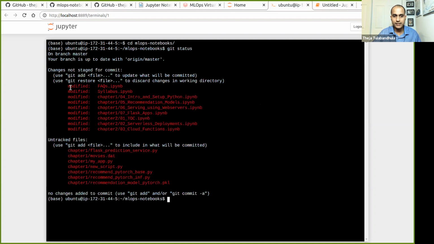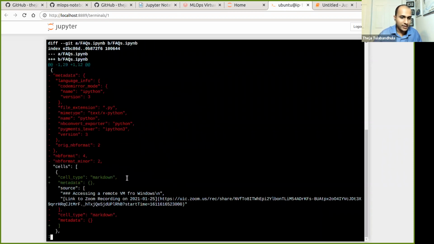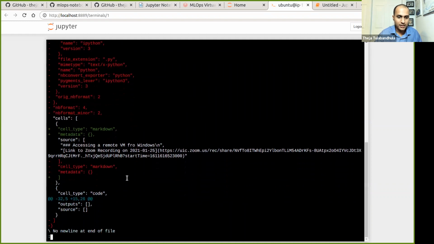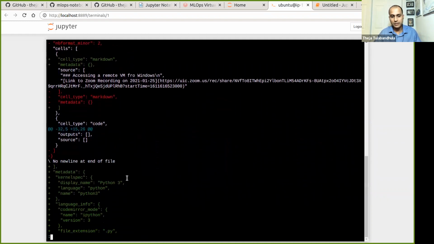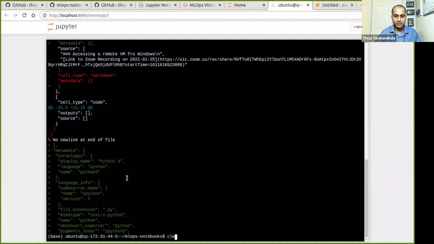Last time I did a git clone, and then I kept discussing various things, and a lot of things have changed. If you want to see what changed, for example, I can do git diff of, let's say, FAQ, and it'll say something's changed. I don't know exactly what, but it's not interpretable for notebooks, so it's fine.